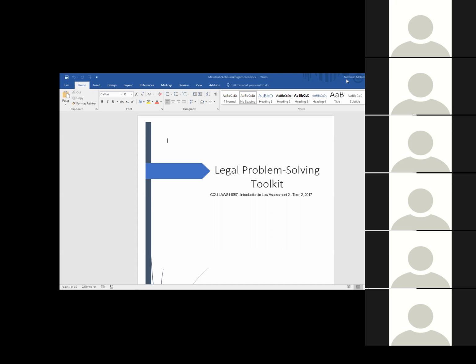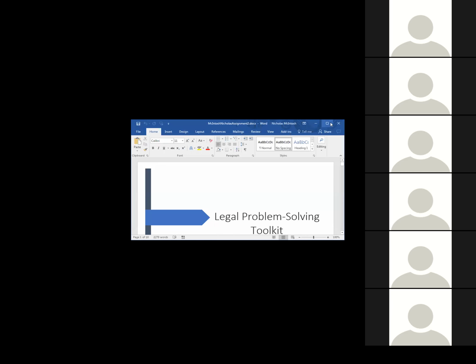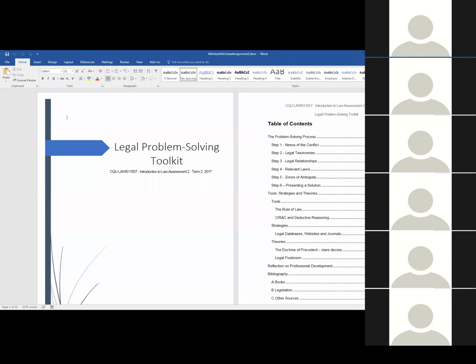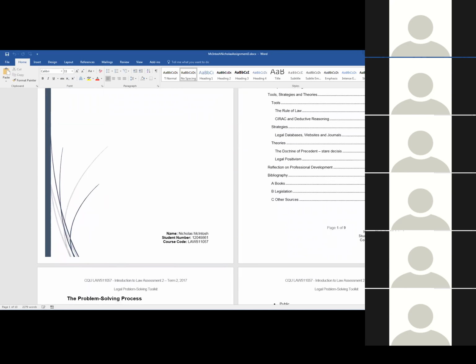Nicholas? Okay. I would do this for myself, but for the moment, I've lost Word. I'm sorry. Here we go. We've seen a change. Now we can see 2 pages. All right. Yeah, it stopped sharing for some reason, but there you go. There it is.